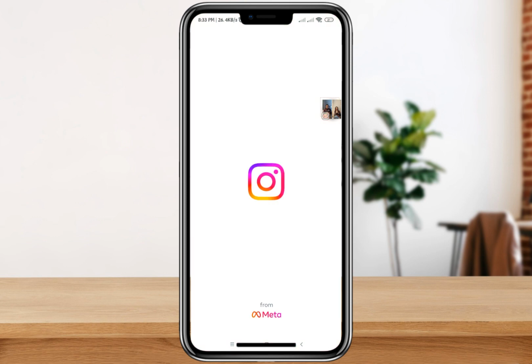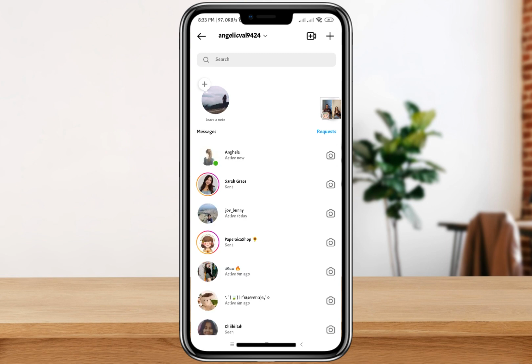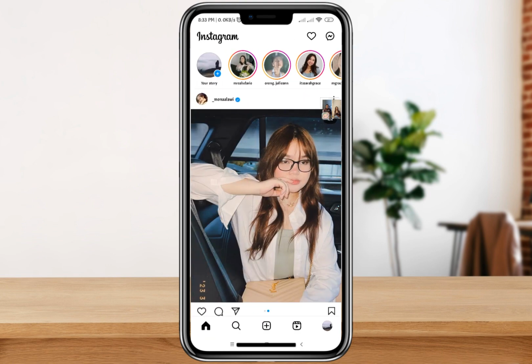and then let's go to the messenger option of the account. So here, this is where you see the notes of your friends list. And if it isn't showing up in your account, then in order to resolve that, just go to your profile